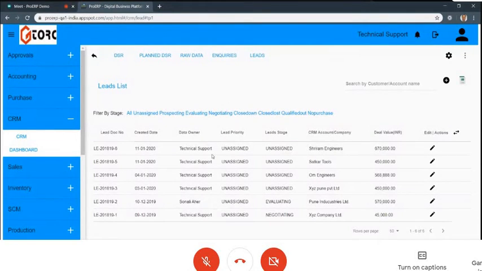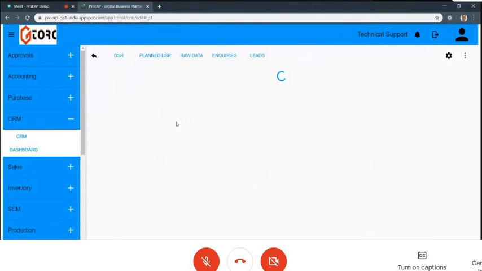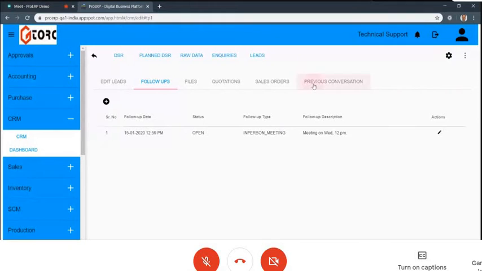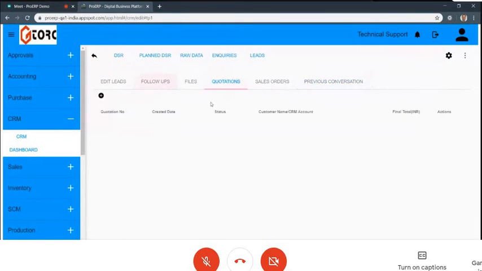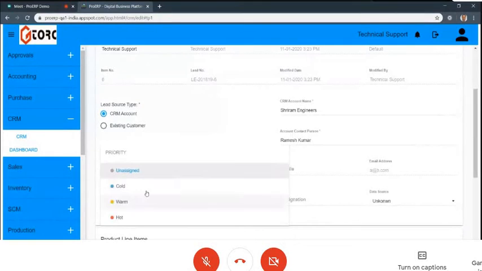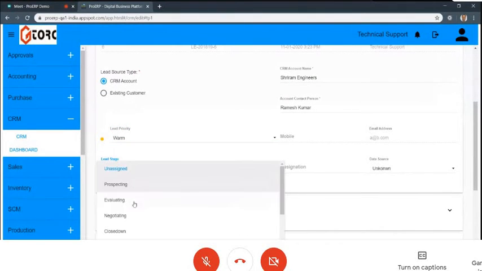Okay. Yes. And then in the leads, what can you do? So in the lead, I'll open this lead. On the lead, you also have the previous inquiries or conversation getting copied here. But you can keep doing the same things here, attachments, follow-ups, but you have a few additional details here. What is the priority for us? What is the stage? Whether they are evaluating or now negotiating or they are closer to closing down, you can keep that.